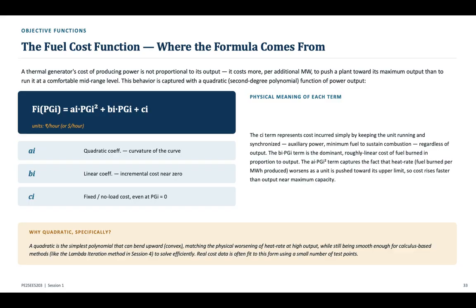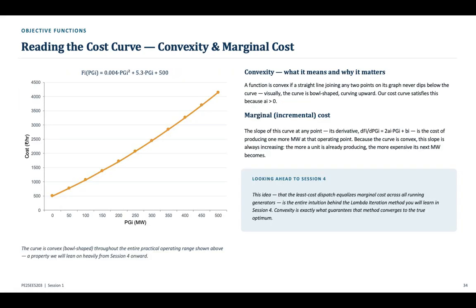See, a quadratic is the simplest polynomial that can bend upward, convex, matching the physical worsening of the heat rate at high output. These are all kind of quick read things. What I'm trying to give you is a more clear understanding. So when we try to read the cost curve and marginal cost, you can see here the values have